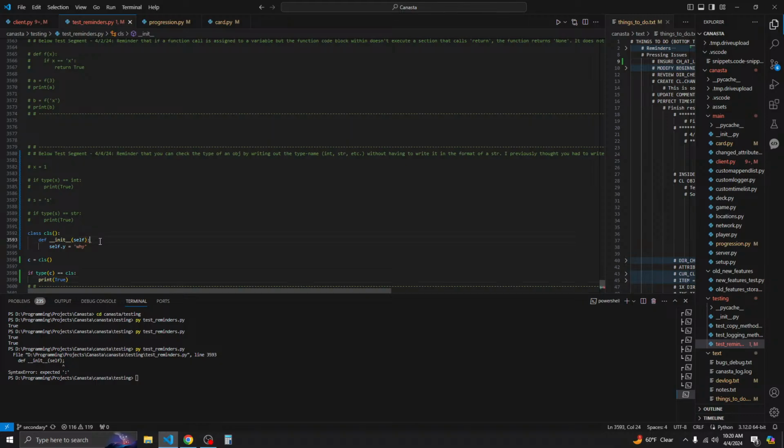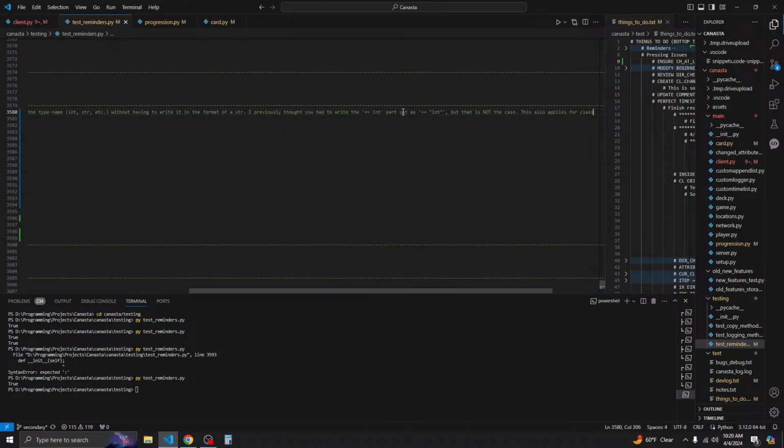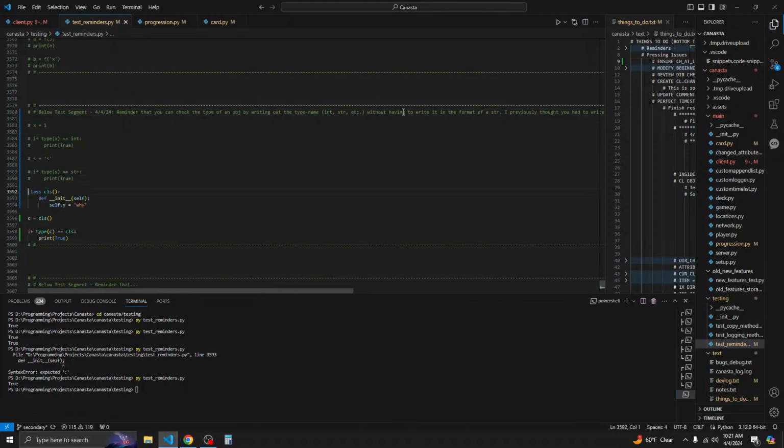Oops, I put a semicolon instead of a colon, and it prints true. So this also applies for class names as well. If class name is equal to CLS, type is equal to CLS. Easy. So I was overcomplicating that,